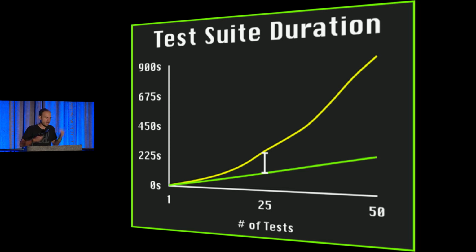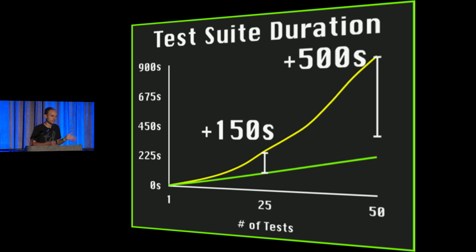The thing that really throws people off, because we don't tend to think in terms of geometric curves and productivity, is that at the point where we were at 25 tests, we had deviated 150 seconds or 2.5 minutes from what our intuition told us the tests should take. And the second half picked up an additional 500 seconds, even though it's both just 25 tests. Very often I'll hear from a team say, my tests are a little bit slow, and then 3 months later, it'll be like, oh my god, my build takes 9 hours, what can I do?